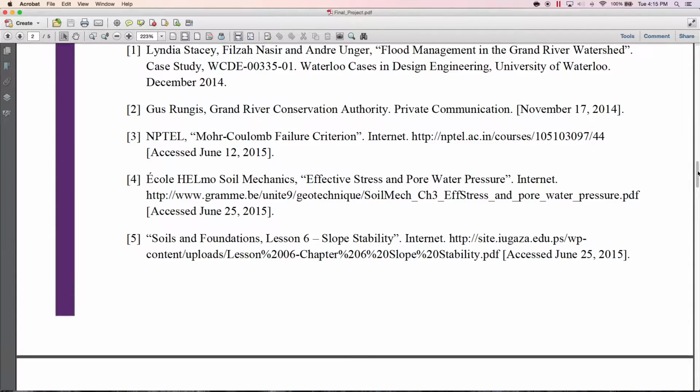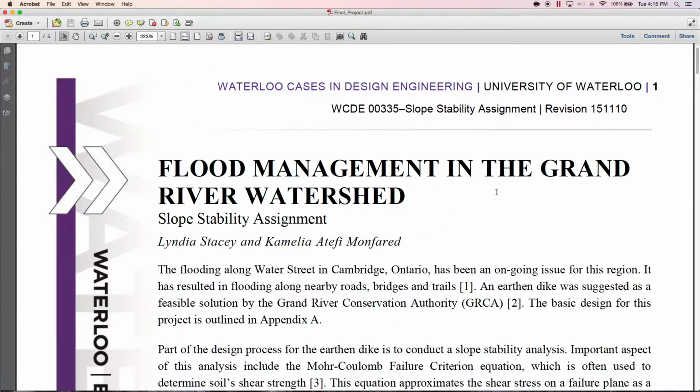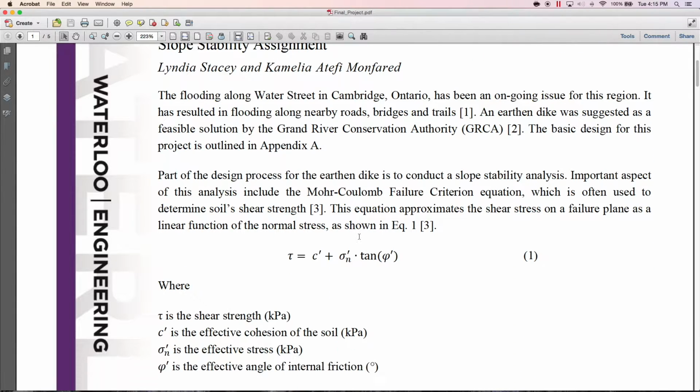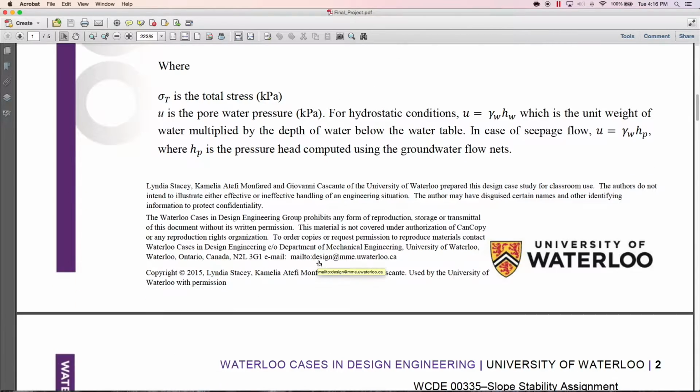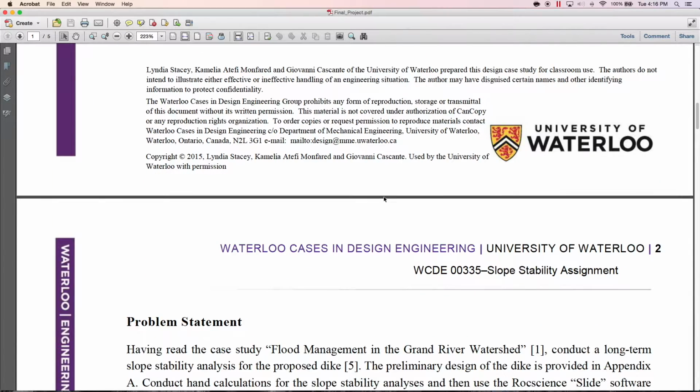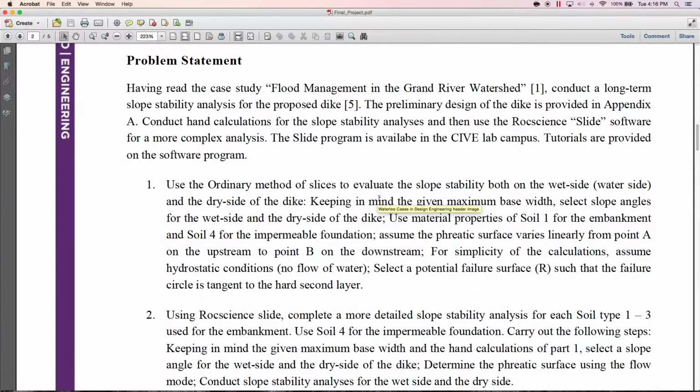So let's go through the material properties. Okay, this is the introduction. This is just to let you know that we are going to use effective stresses, because this is a long-term analysis. This is just the theoretical part, no problem. So the idea is that you conduct a slope stability analysis to design the dike. So what is design? Designing the dike means